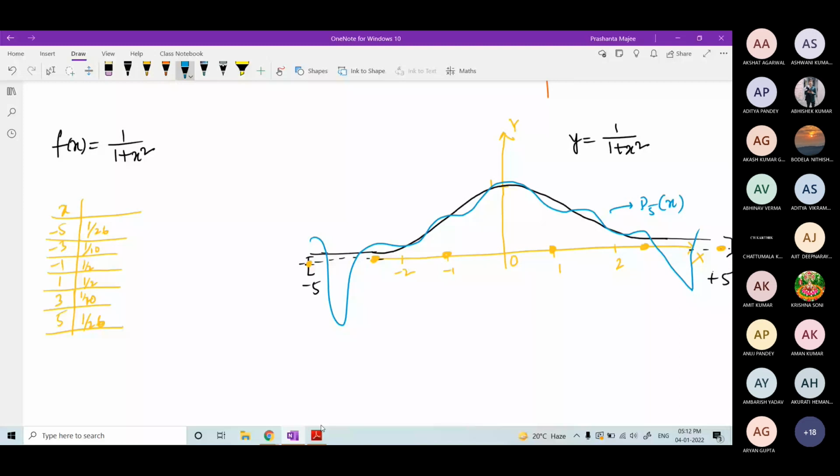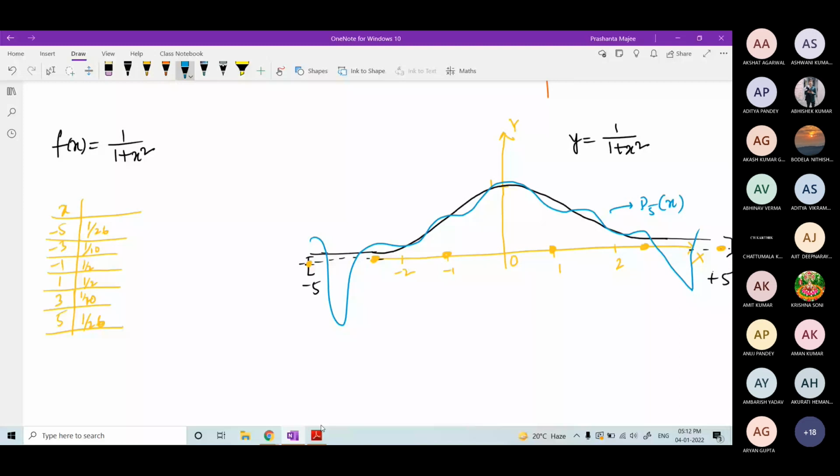Okay. So that is why higher order polynomial approximations are not suggested. If there are 100 data points and you use Newton's forward difference formula or Lagrange interpolation formula, you will end up with a 99th degree polynomial, and that may not give you the accurate value at the starting and at the end. So what we are planning to do is interpolate the data by a third degree polynomial. We are not bothering how many data points are there. We are planning to approximate those data points by exactly a third degree polynomial.